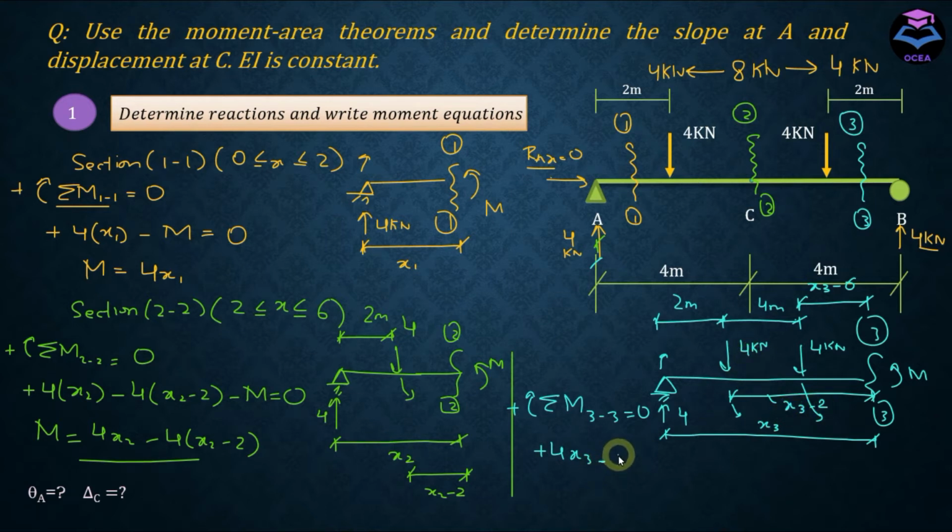So this is going to be negative for x3 minus 2, and this force is also going to be negative, and it has a moment arm of x3 minus 6. And this moment M is acting in counterclockwise direction, and this is negative. M is equal to,